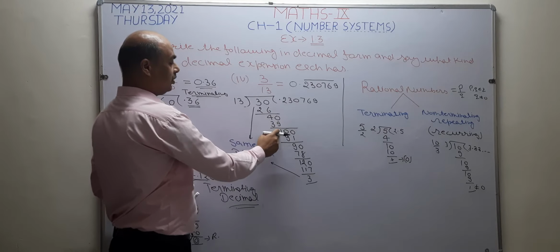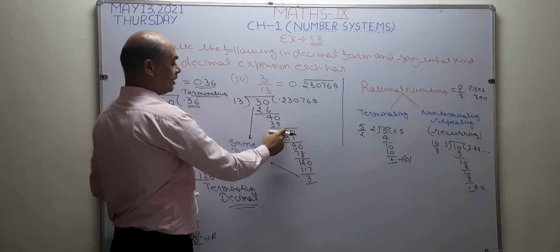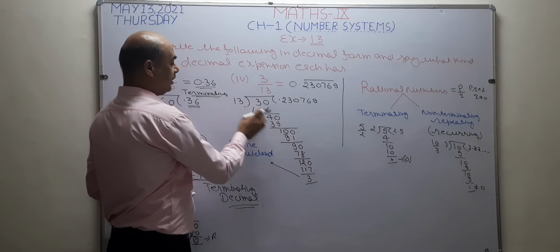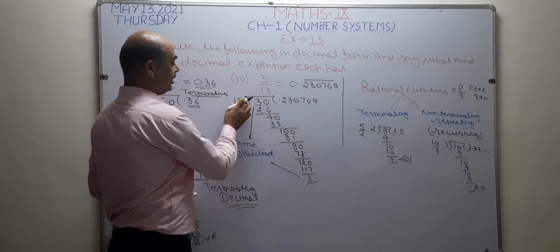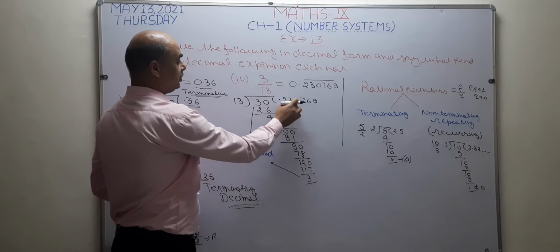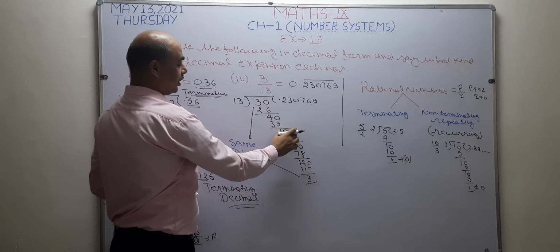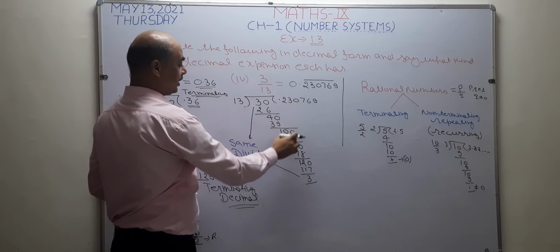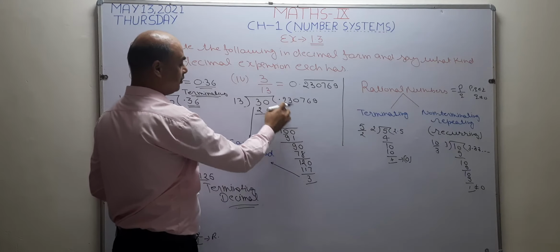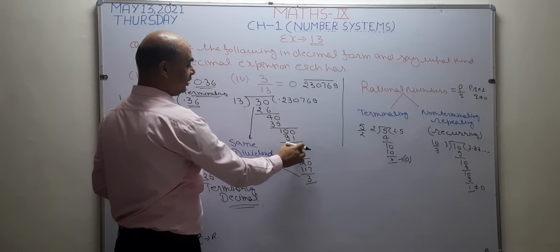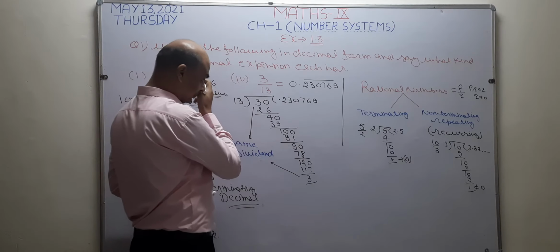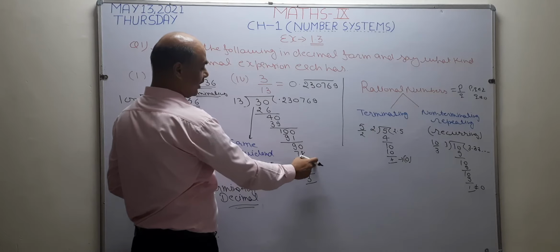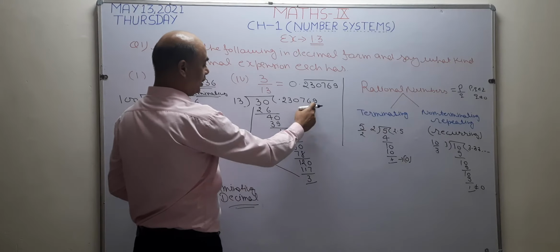1 is left. Okay. After that, 1 0 is allowed to be taken. When I take 1 0, then this number remains less than the divisor. So I put 1 0 here and 1 0 here. Now this becomes 100. Now this is a larger number than 30. Now 13 7s are 91. What is left? 9. After decimal, 1 0 is taken, so this becomes 90. Now 13 6s are 78. What is left? 12. After that I take 1 0. So 13 9s are 117.